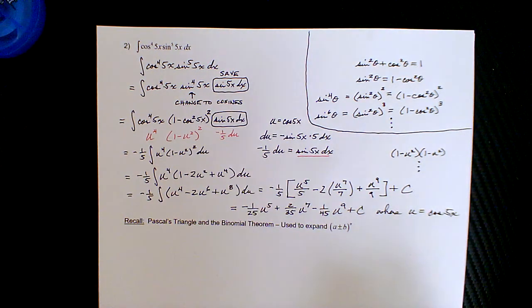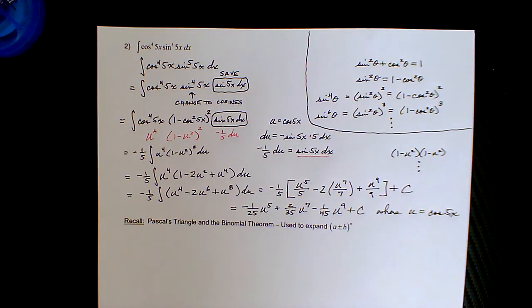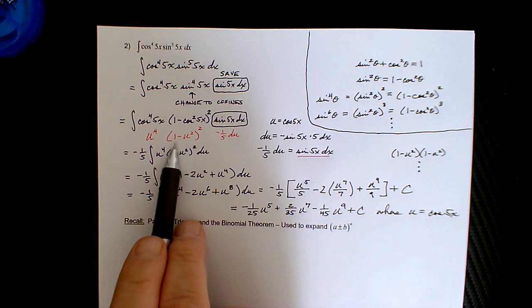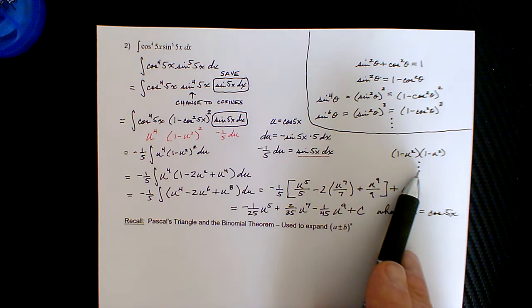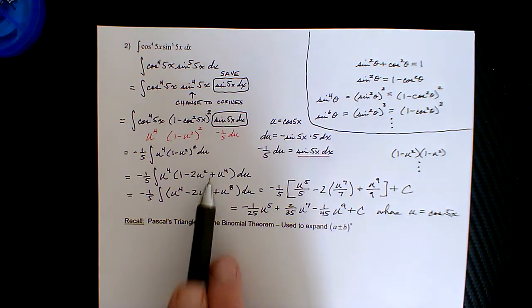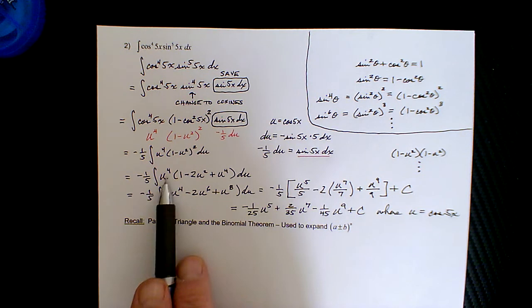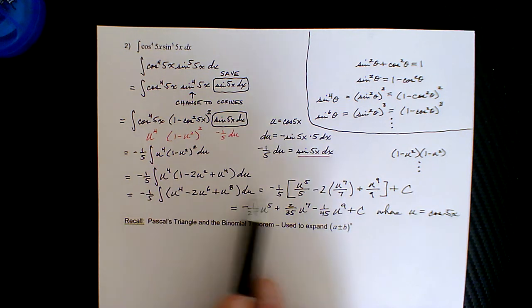Okay, so that's the idea. We'll extend this a little bit further, and in the final few examples, we'll see why we focus on the smallest odd power. To begin with, this power here of the 1 minus u squared was just squared, and so we were able to come off to the side and FOIL it out, or use a little shortcut method for squaring a binomial, and then ultimately distribute to get a sum or difference of terms of the form u to the n,